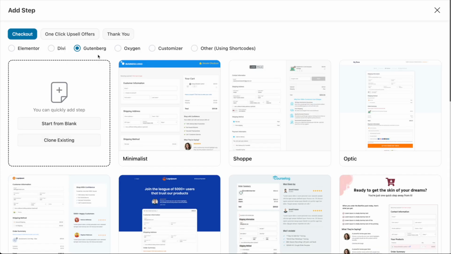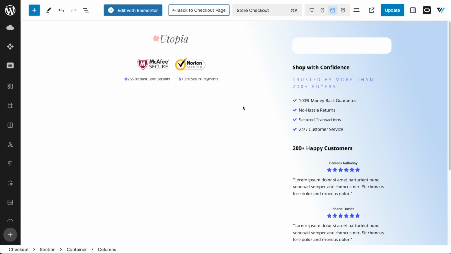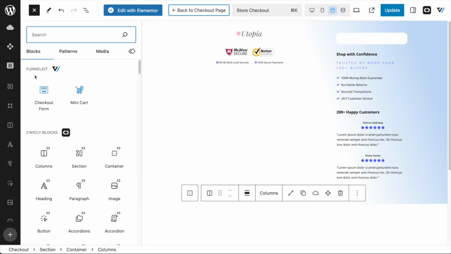And worth noting, if your page builder is not listed here specifically, but is based on the WordPress block editor, select Gutenberg up the top here and then click Start from Blank. Then proceed to design your checkout page using your builder, and once you're ready, click up here, and under FunnelKit